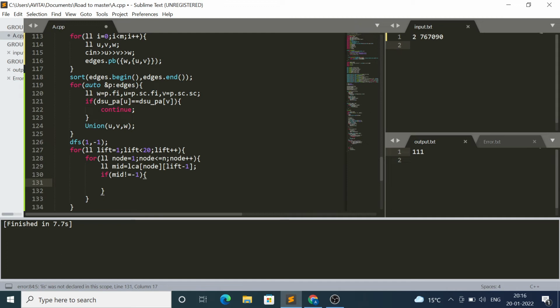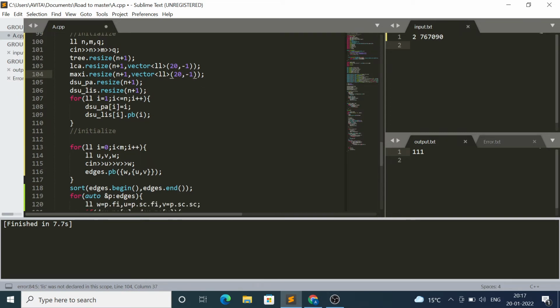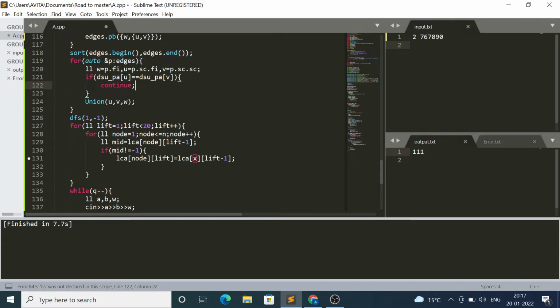Okay, so LCA of node lift equal to LCA of x lift -1, and let's initialize maxi with this infinity thing only. I'm considering the maximum, so this is -1. Okay, LCA of node lift equal to LCA of mid lift -1,